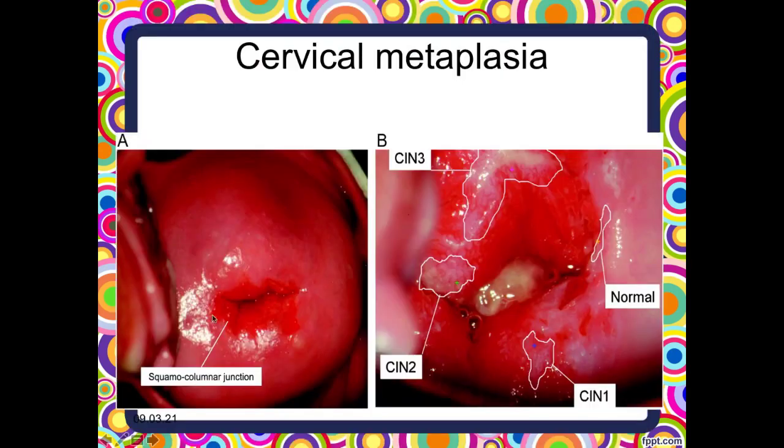This is how it looks like normally. You can see colposcopic view of the ectocervix. This is the orifice of the cervical canal, and this is the surface of the ectocervix covered by stratified squamous epithelium. This reddish part is covered by simple columnar epithelium. So this is the junction normally in the fertile age, and then it can shift back